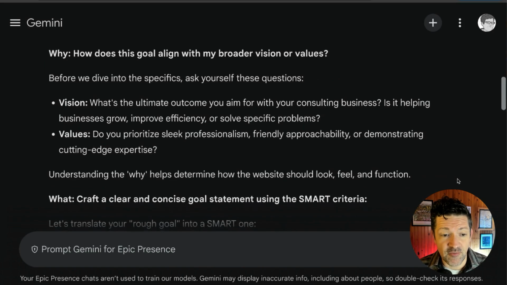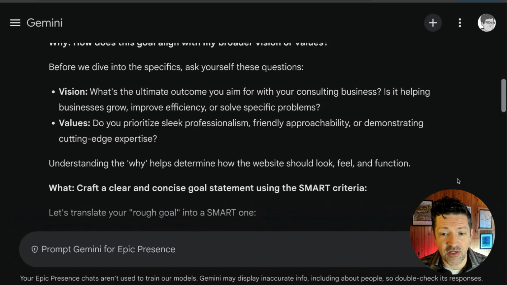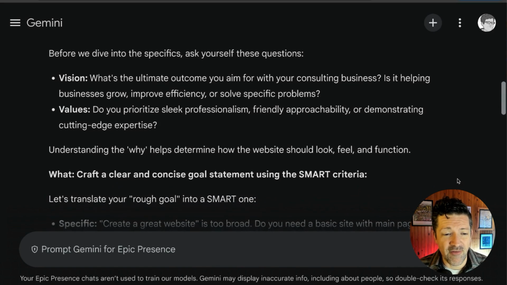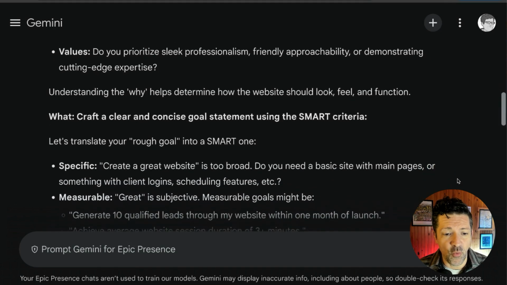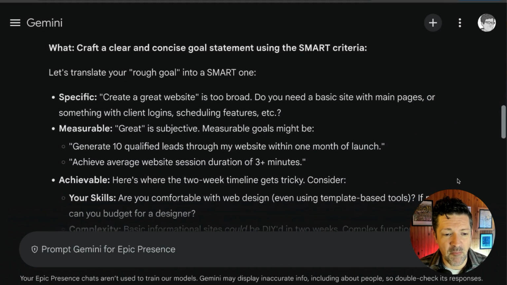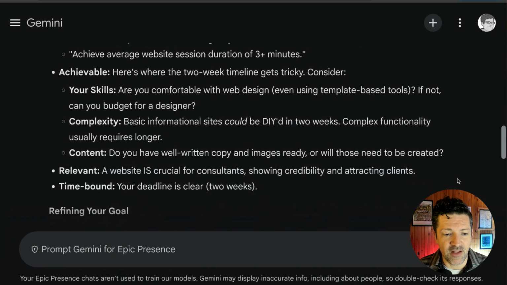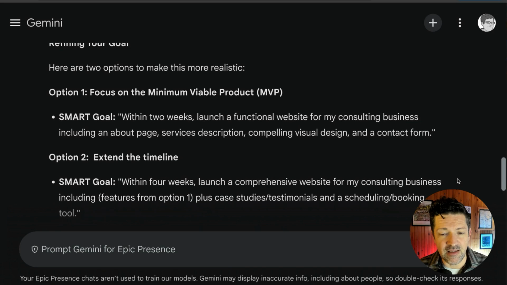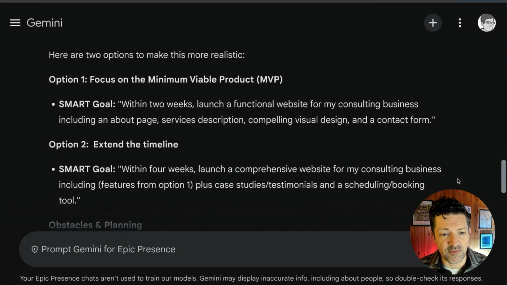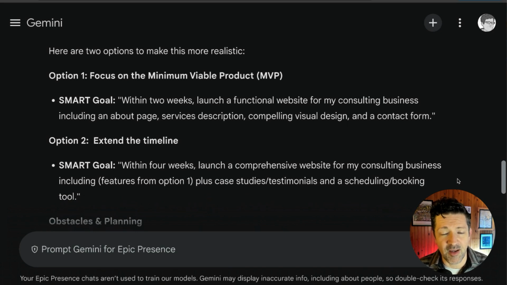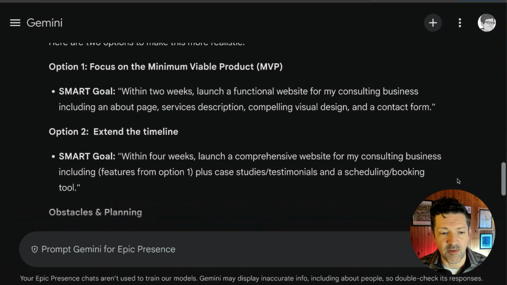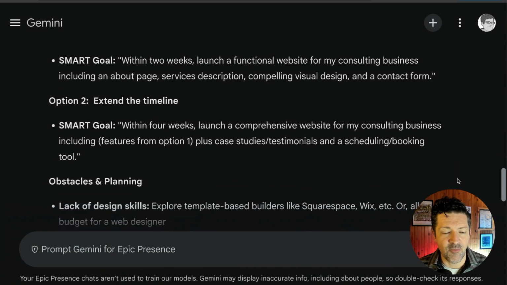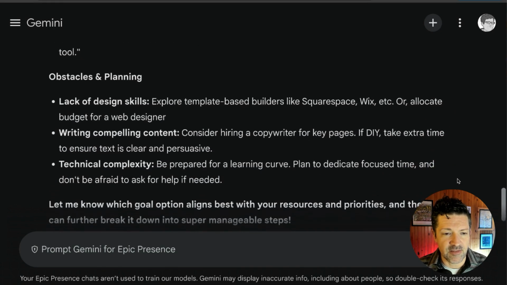So it has asked me some clarifying questions here. What is the outcome I'm aiming for? What are my values? And then looking into the what. So getting these specific, measurable, achievable, and relevant time-bound goals. It then gets further into refining this into option 1, focusing on a minimum viable product. MVP is something I'm sure a lot of people watching this are familiar with. So within 2 weeks, it might be a lot to launch a very robust, extensive website, but we can get a basic one up. Extending the timeline is another option, and it's starting to get into some of the obstacles